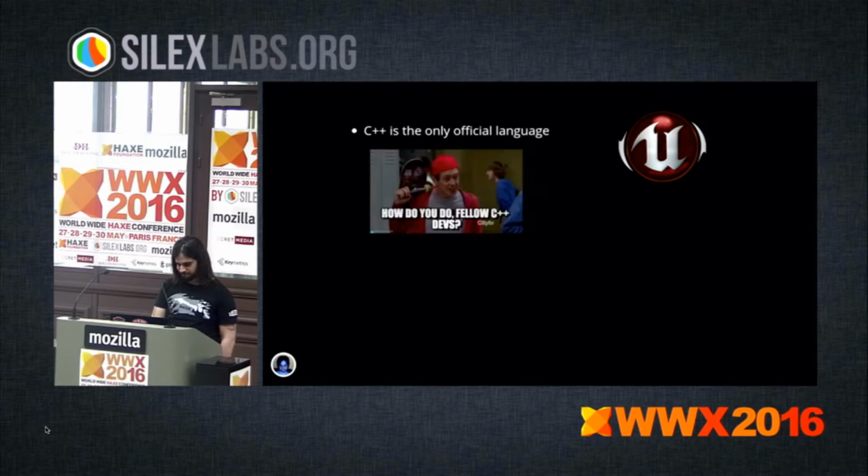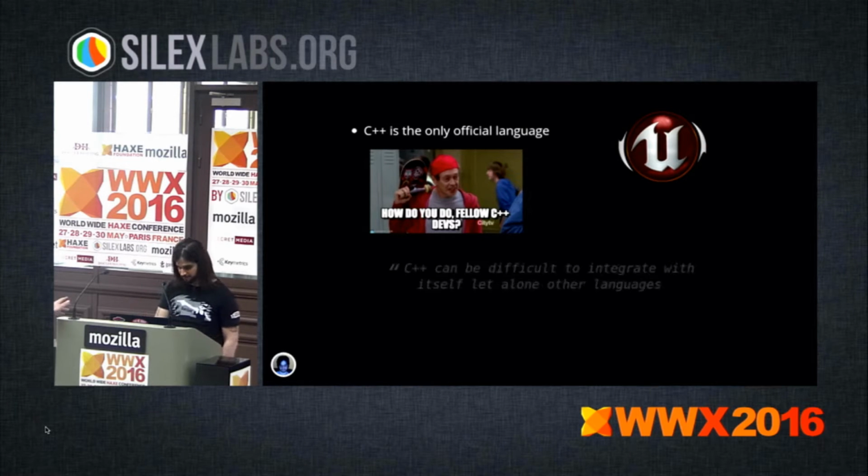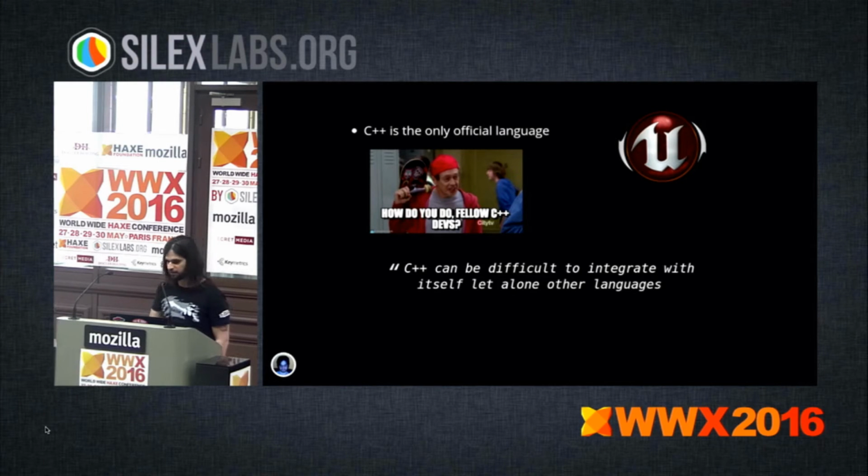And to be fair, it uses C++11, which is immensely better than old C++, and it supports things like anonymous functions, so it's a little better to work with. But yeah, it's C++. And unfortunately,